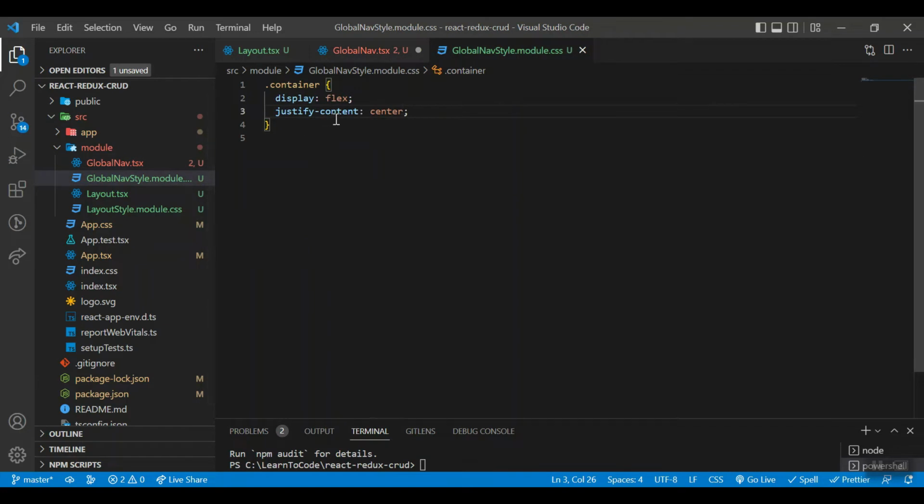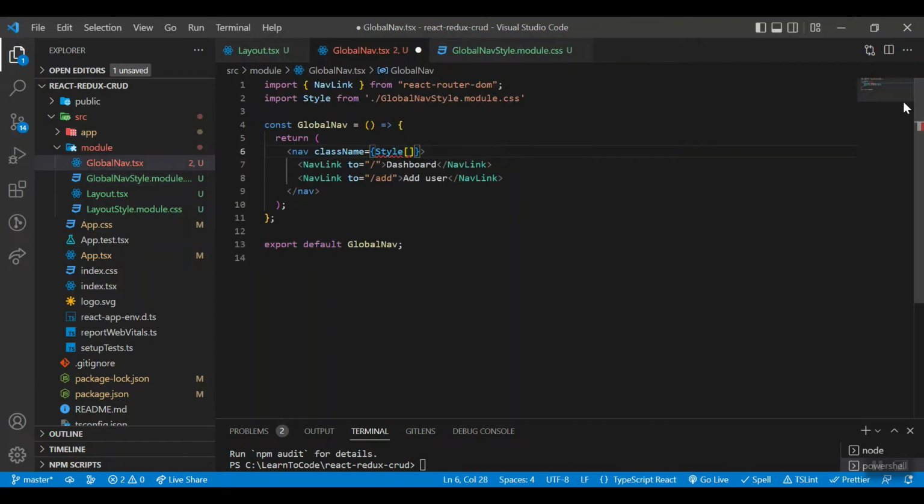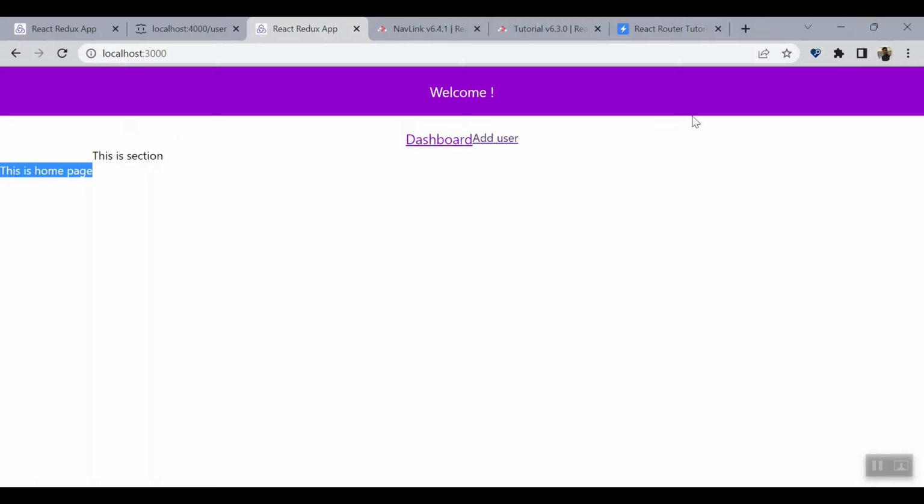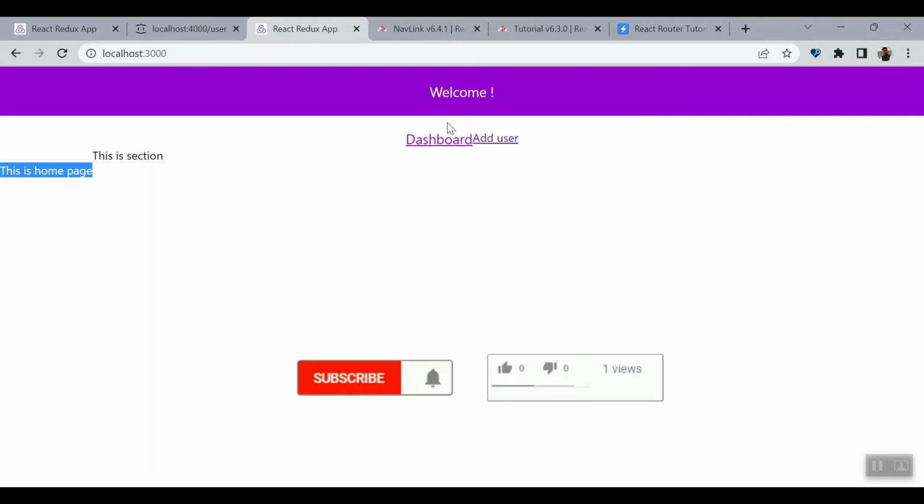Okay, we can directly use the container here. Okay, so it is in the center now, but we wanted space in between these,